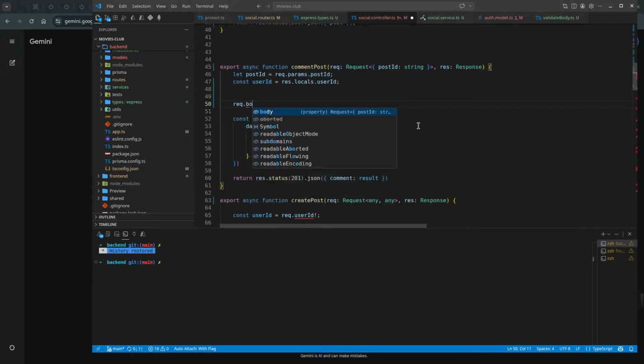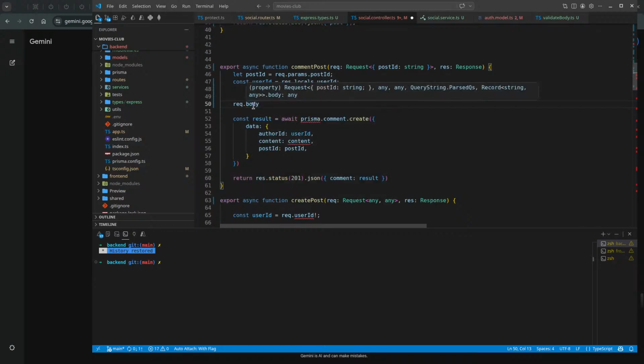And now req.body is actually not going to be of any type. I mean, it would be honestly very nice if TypeScript worked between the middlewares, but it doesn't. It doesn't know that there is a Zod middleware.